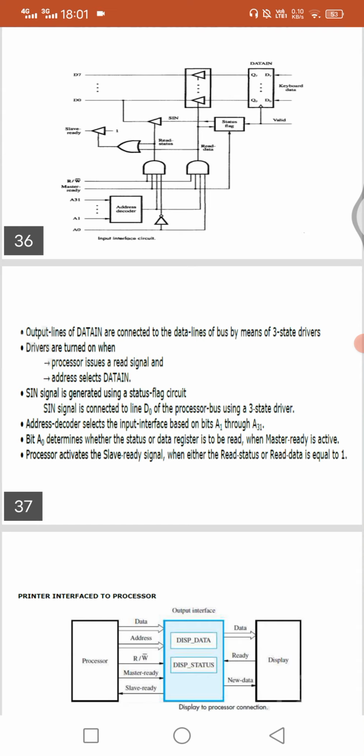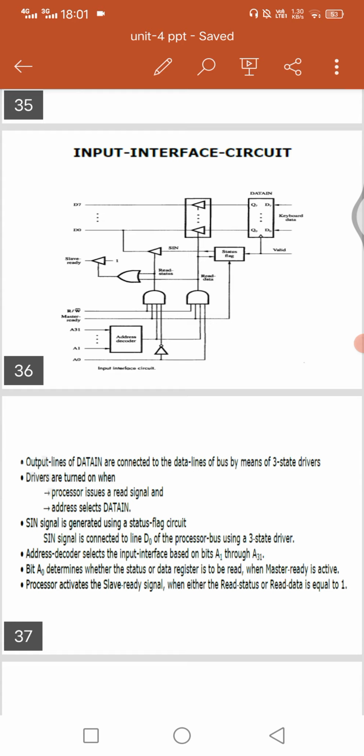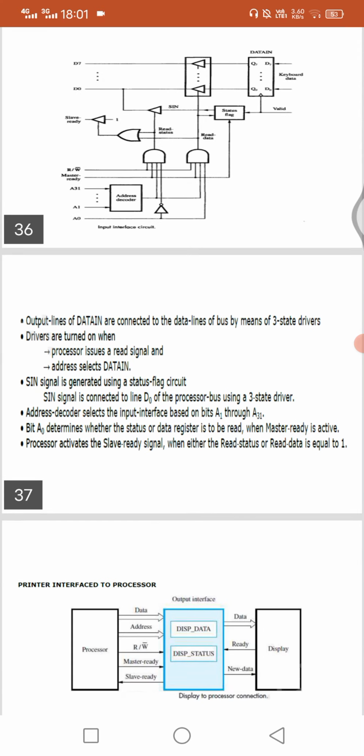See this diagram. The output lines of DATAIN are connected to the data lines of the bus by means of 3-state drivers. The drivers are turned on when the processor issues a read signal and the address selects DATAIN.